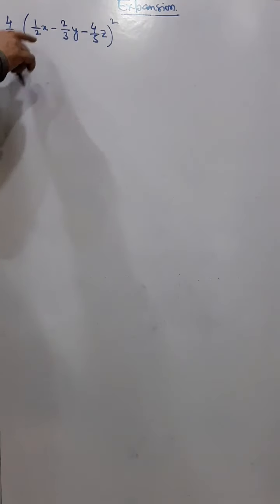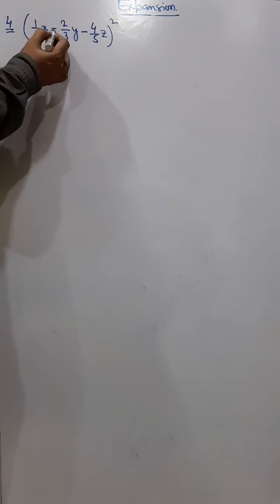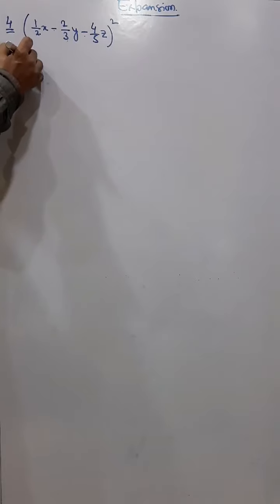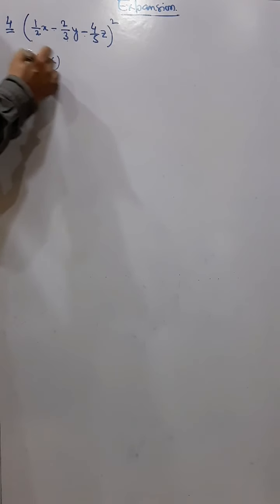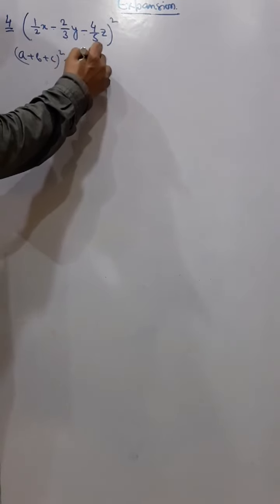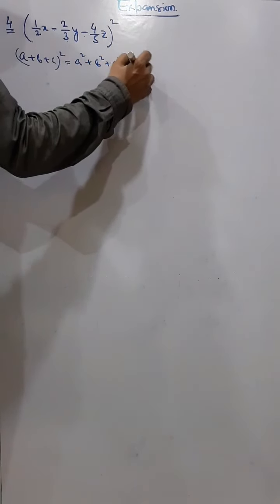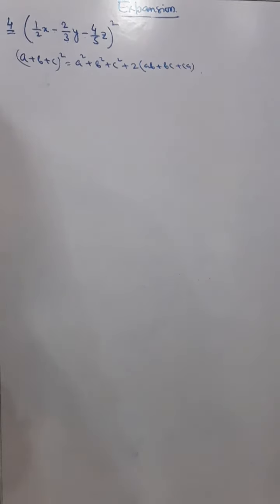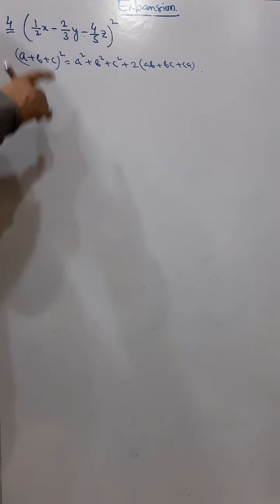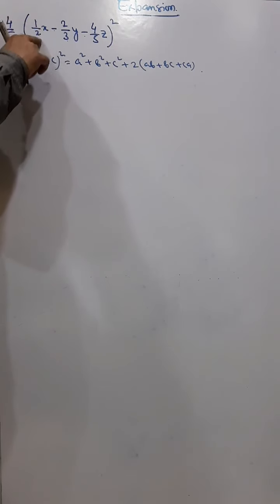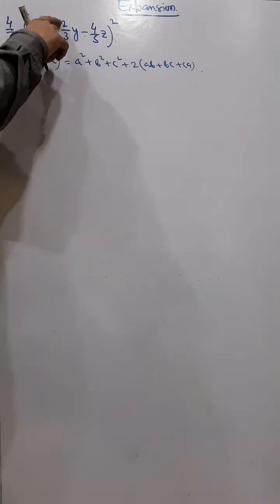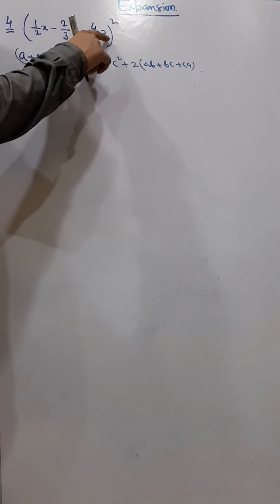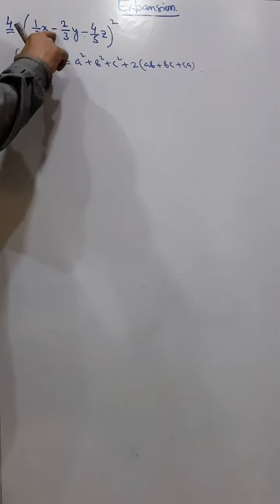Okay, now in this sum you can say half of x, that actually means x by 2, minus 2y by 3 minus 4z by 5 whole square. Now in this case also we will use the same formula, (a plus b plus c) whole square, that is a square plus b square plus c square plus 2, and then bracket ab plus bc plus ca. Okay, the only thing is that in place of a I will put half x or x by 2, in place of b I will put minus 2y by 3, and in place of c I will put minus 4 by 5z, because you know the formula is in a plus b plus c, but here you have minus.